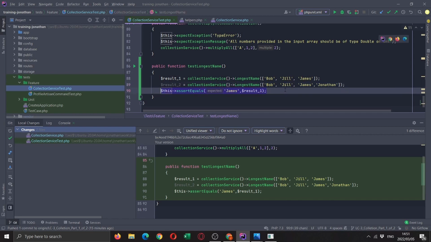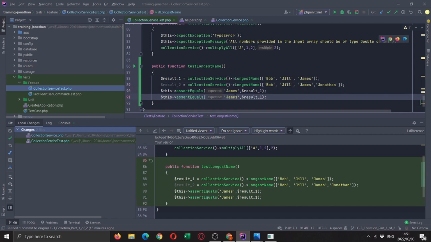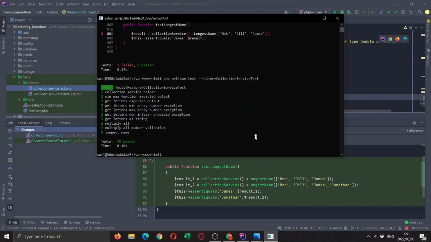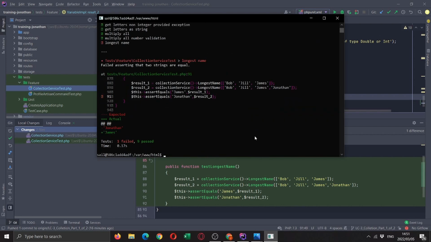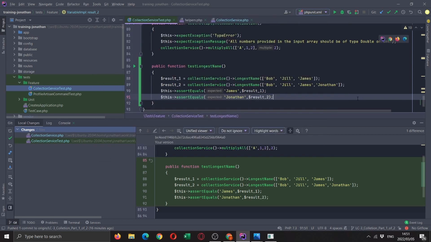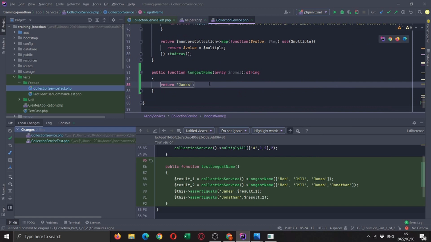And essentially, we'll write a second assertion: Jonathan should be equal to result 2. So I believe that'll be a failing test. Yes, and we've got it. Jonathan was expected, James was returned. Okay, minimum code to make this pass.